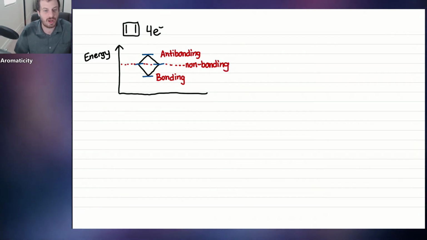The nice thing about non-bonding is you can either have those filled or unfilled. It won't punish you either way. So if the non-bonding is empty, it's okay. If the non-bonding is filled, it's also okay. So it's kind of an optional area to fill. But if you start filling the anti-bonding, you're anti-aromatic. That is not good. And if your bonding isn't filled, then that's not good either. So you need your bonding completely filled and you need your anti-bonding completely empty. But non-bonding is optional.